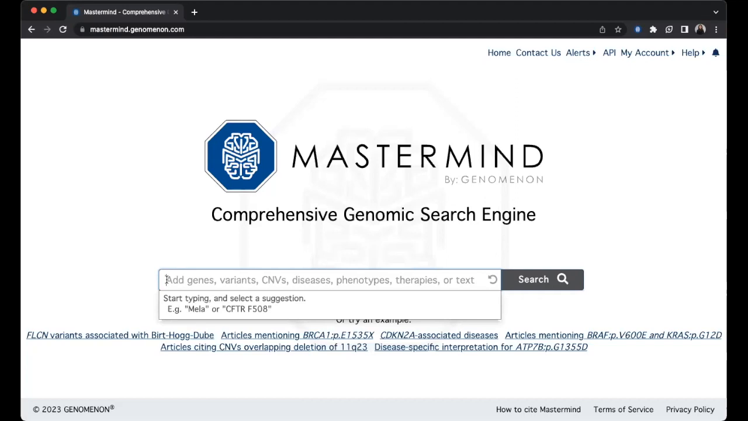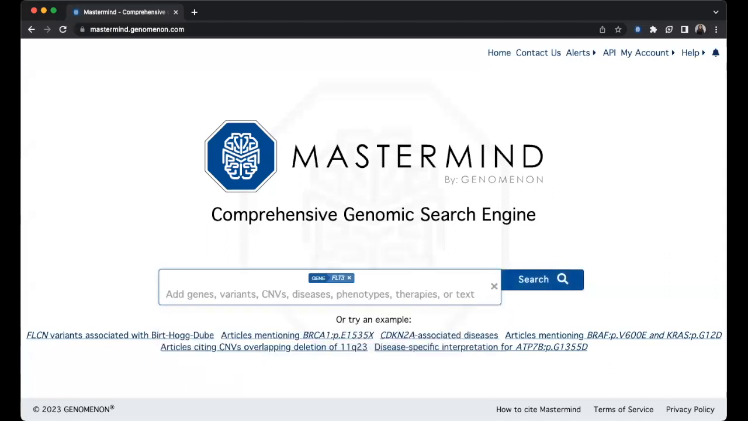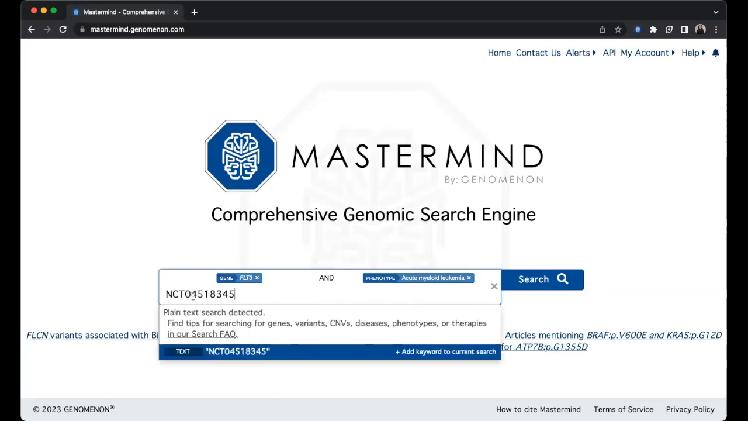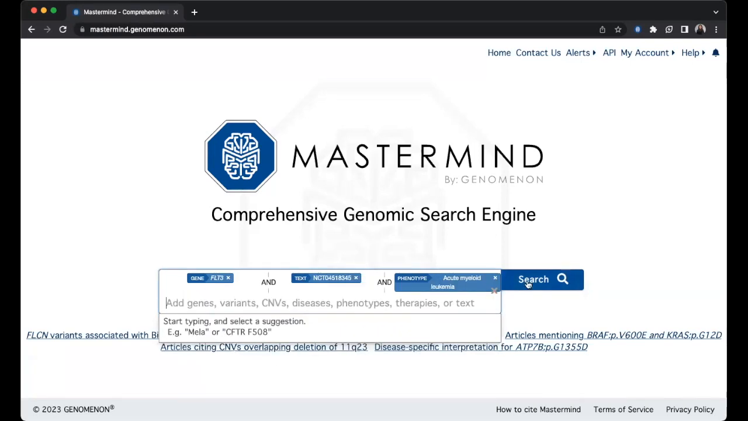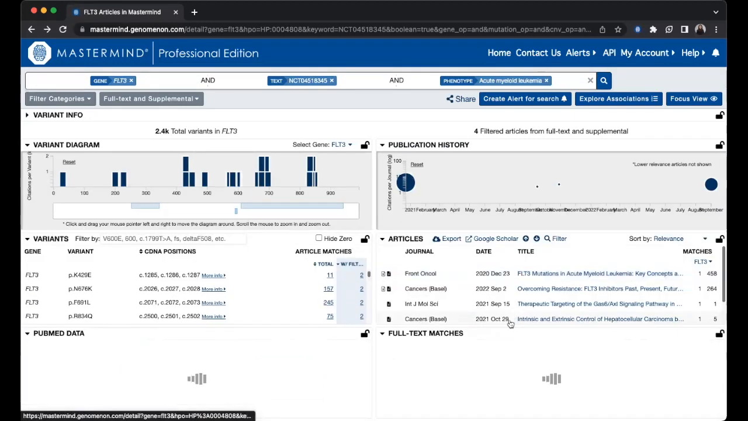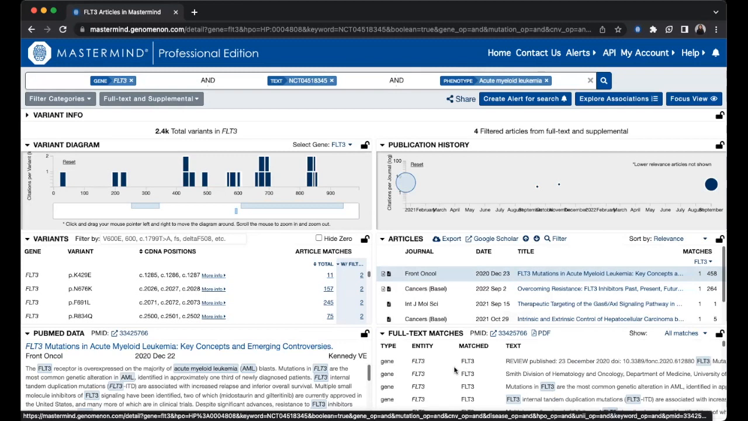Let's bring these concepts together to launch a search for a gene, phenotype, and free text. In this case, I'll search FLT3, AML, and a clinicaltrials.gov identifier as free text. When I click on an article, I can expect to find sentence fragments that match my search terms. Though I didn't include a specific variant in my search, Mastermind will still pull out mentions of any FLT3 variants